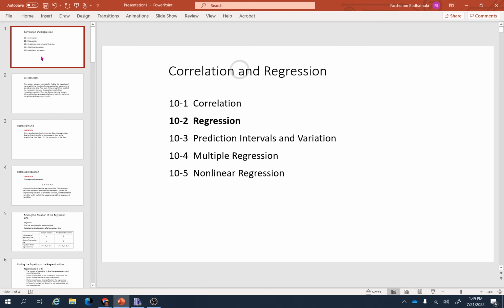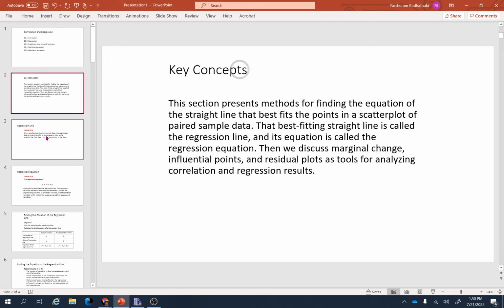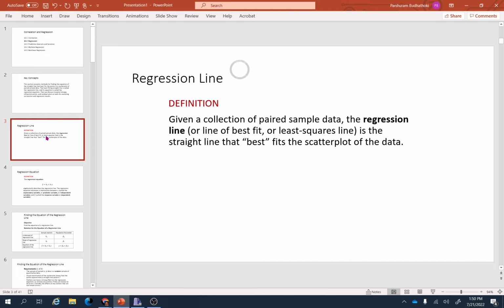Okay, chapter 10 is correlation and regression. 10.1 is correlation, and 10.2 is regression. 10.1 is about finding the relation between two data sets, and for that we can find the correlation coefficient, and that's what we discussed in 10.1. And 10.2 is regression, which means if there is a correlation between two sets of the data,